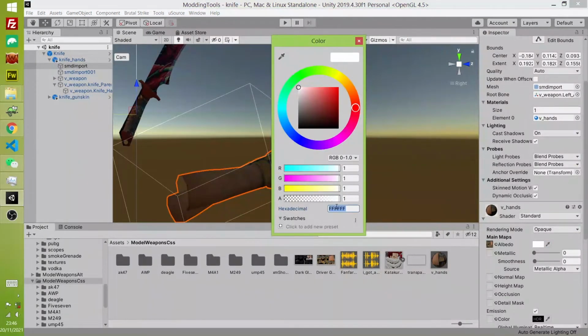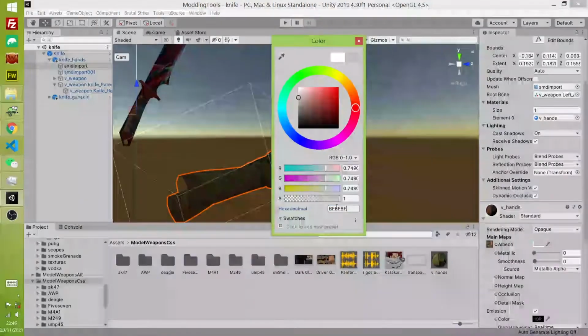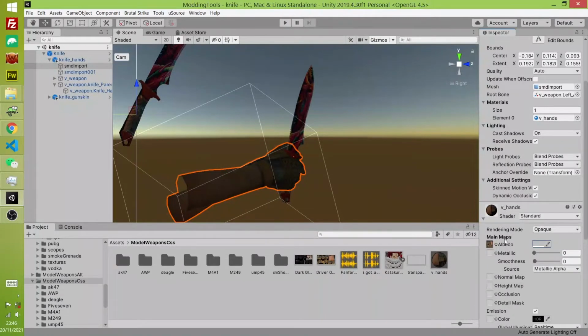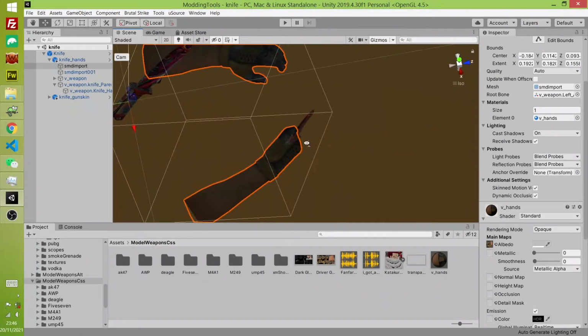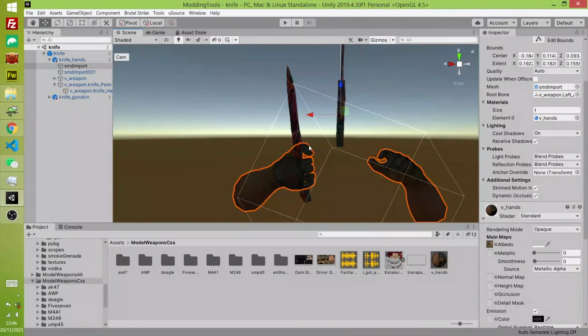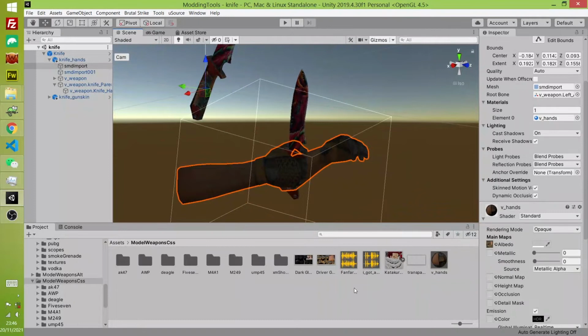So the correct one is BF, BF, BF color. All right. You can change positions here to see how it looks like. And after it's done, you have to, where's the, oh, here it is.